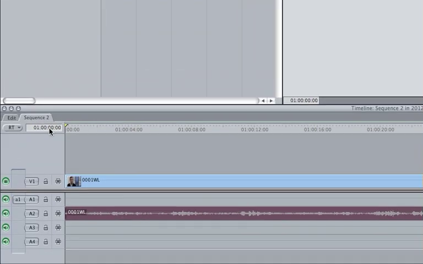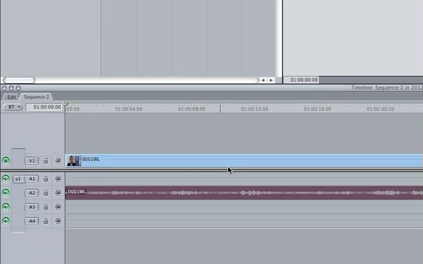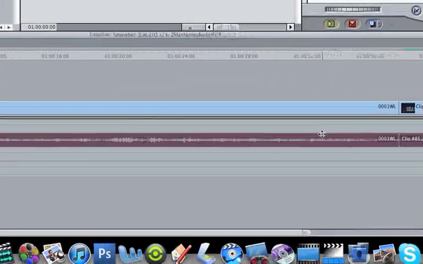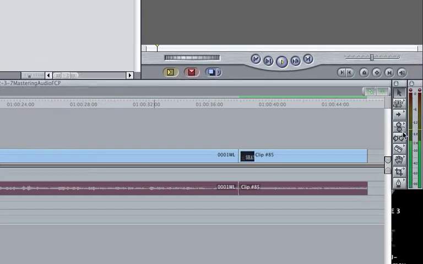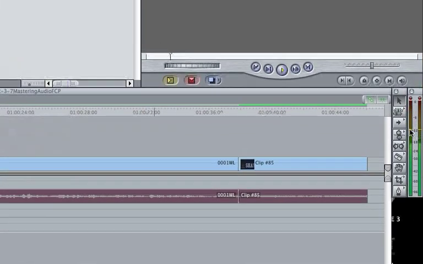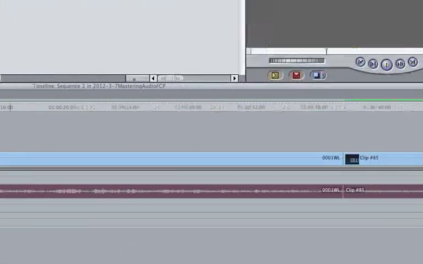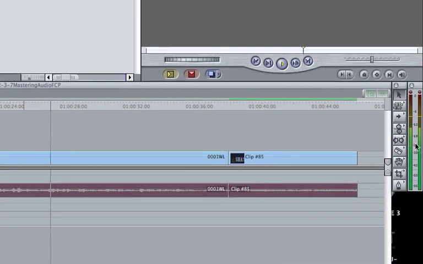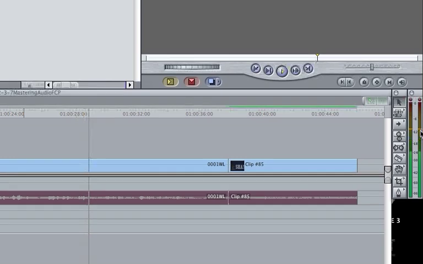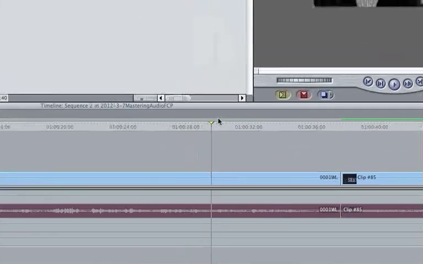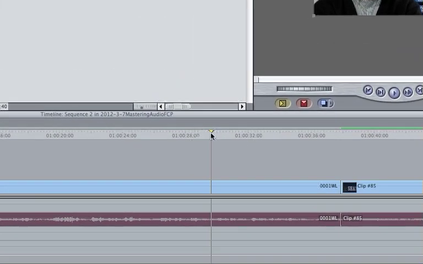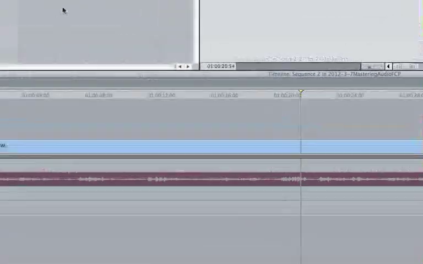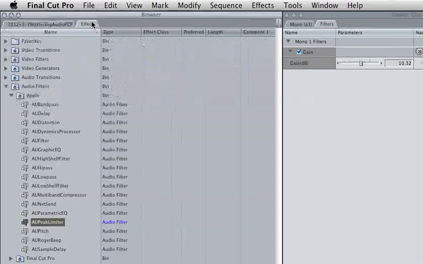So here, I'm taking a look at a dialogue track. So what we would like to do here is look at our meters. I can see that his dialogue is kind of dynamic, and it's kind of low. And this actually sounds like an onboard mic, and it's not a direct mic, so this probably went out and got re-recorded. But what we can do to clean up our dynamics, if you go into the Effects tab and